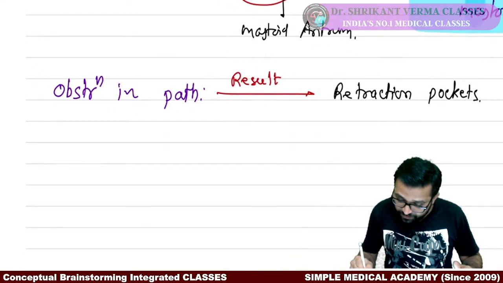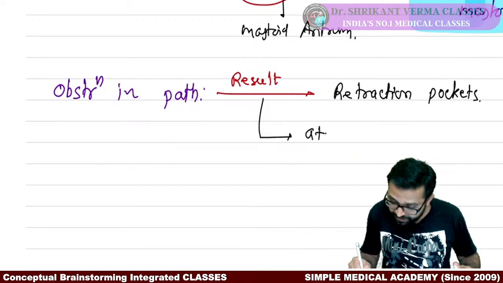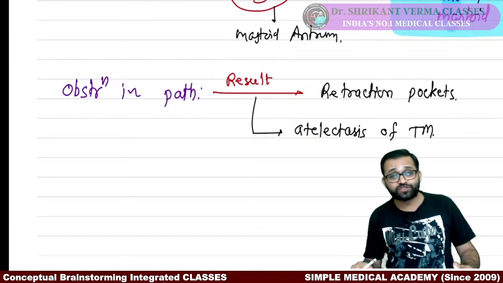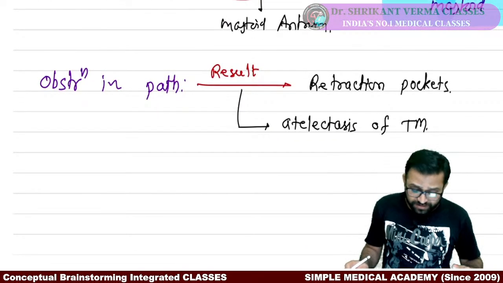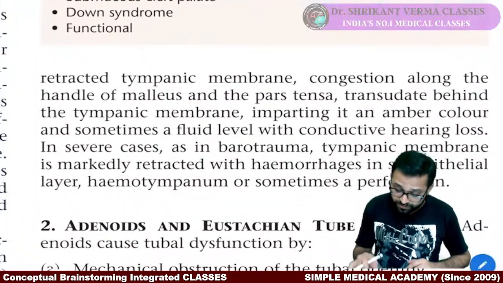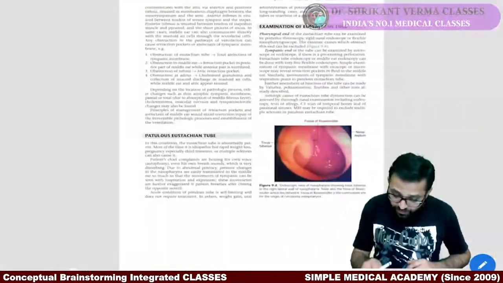It can also lead to atelectasis of the tympanic membrane. So it can cause the atelectasis of the tympanic membrane also. So these are the different causes. What are the different reasons for this all? See here in your textbook, you will see